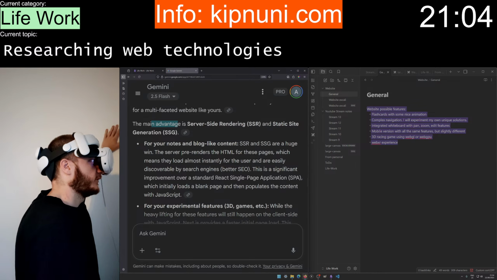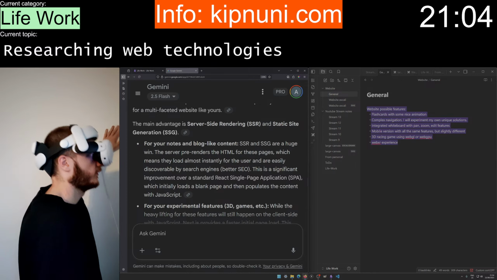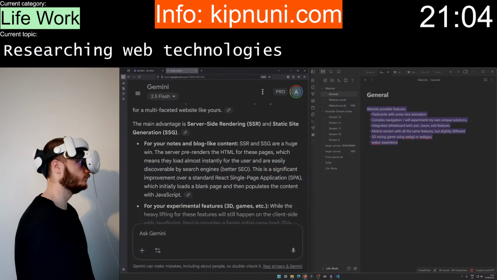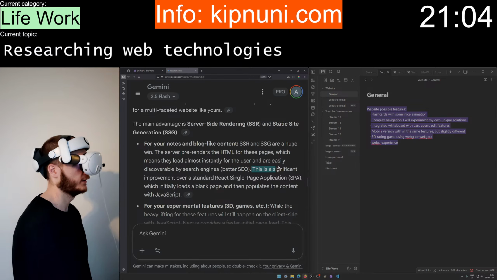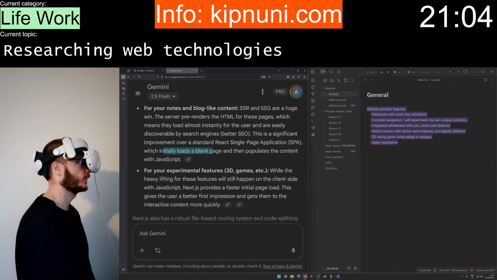The main advantage is, yes, static site generation. Huge win. The server pre-renders the HTML for these pages, which means they load almost instantly. Better, yes, okay. Significant improvement. React single page application.